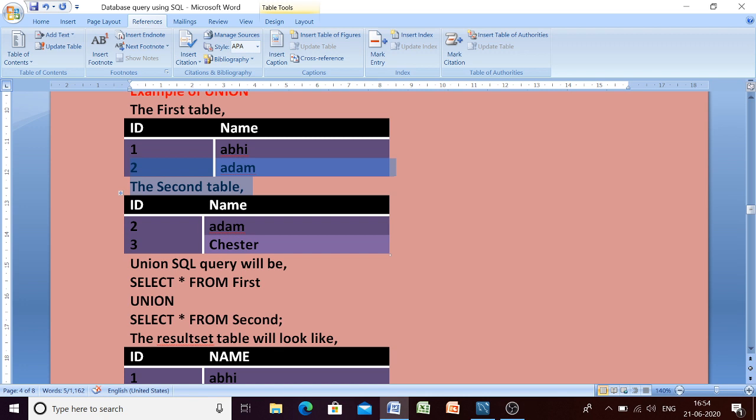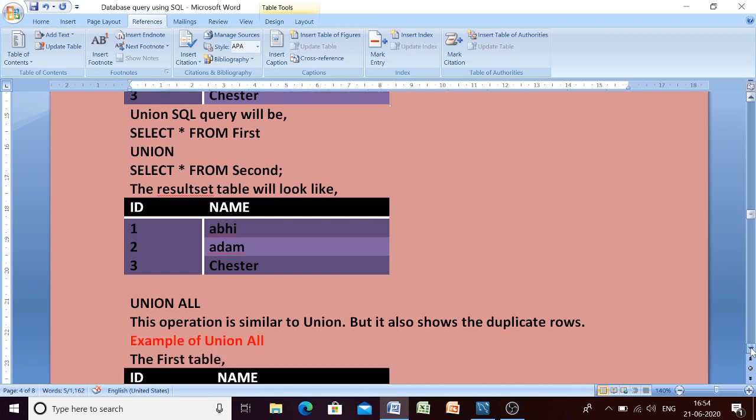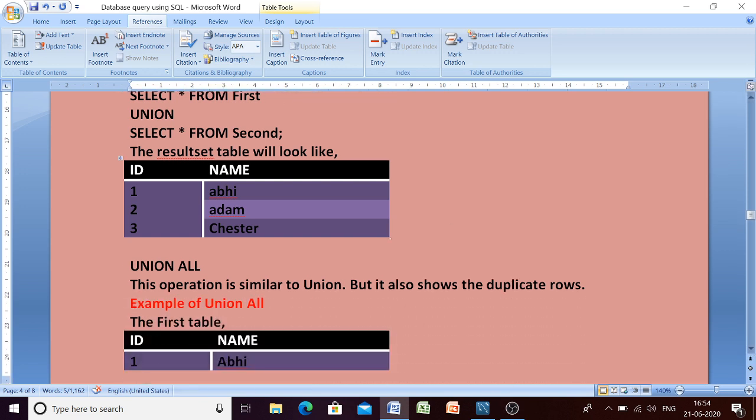So in the result we will have only 3 records, that is 1 Abhi, 2 Adam and 3 Chester. It will eliminate the duplicate rows. This will be the output if you perform union operation on the above two tables.